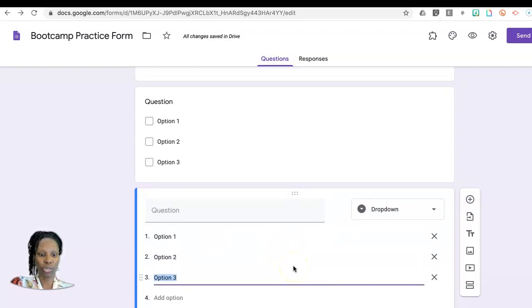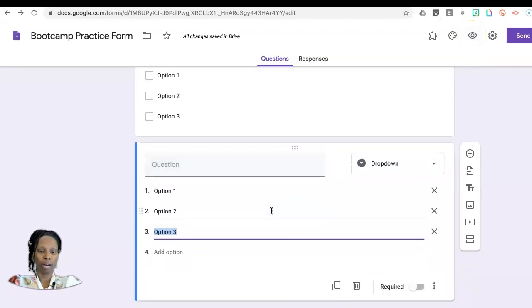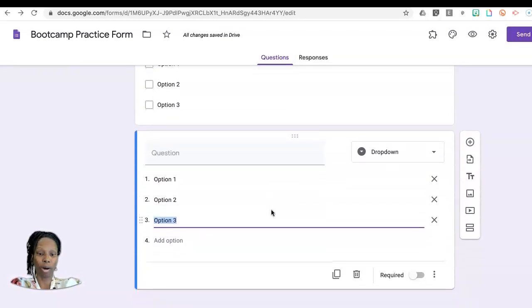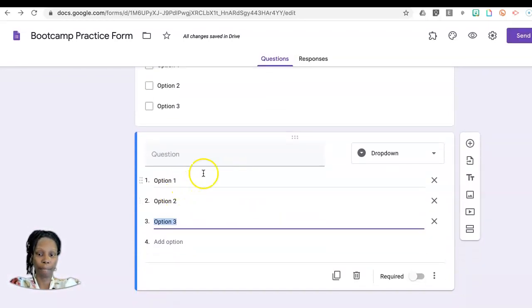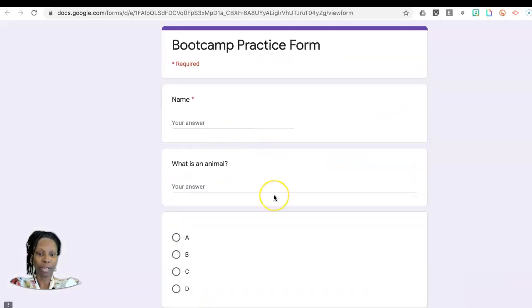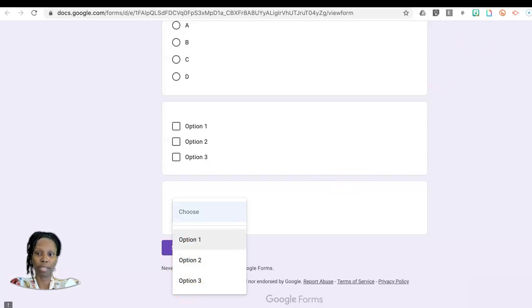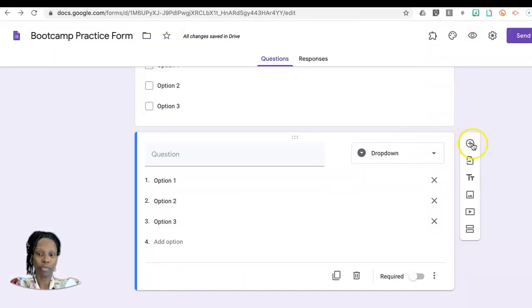Now let me just show you quickly what this will look like. As I was explaining earlier, this is not necessarily how your respondents will see it, the drop down, for example. If I click on the eyeball, you'll notice this is what they'll see. So here it'll say choose, and they will just select their responses. Moving on,